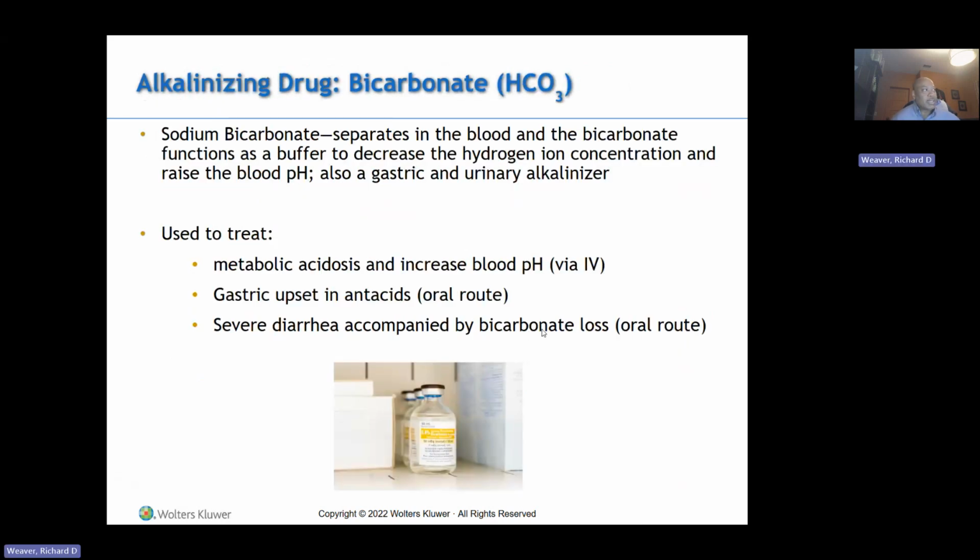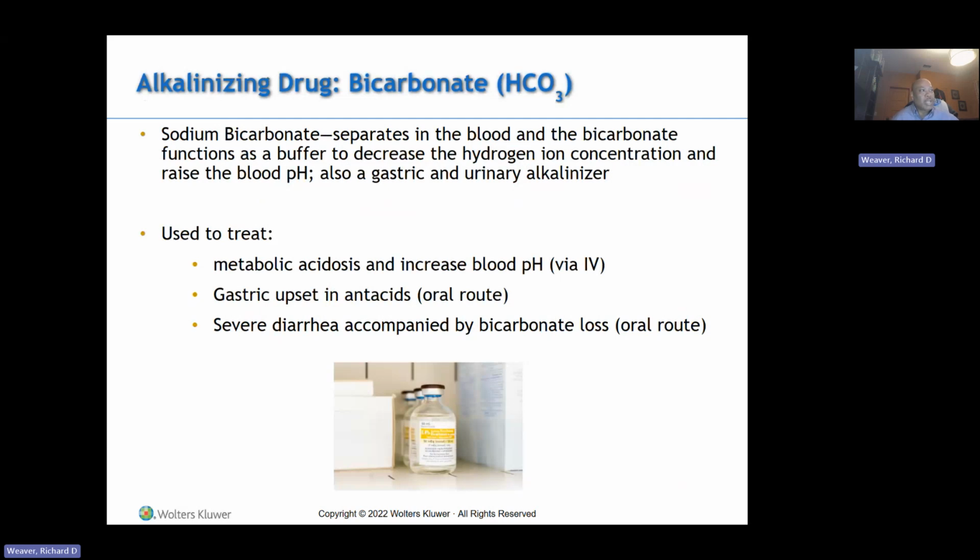Sodium bicarb is the alkalinizing agent. It separates in the blood, and the bicarbonate functions as a buffer to decrease the hydrogen ion concentration and raise the blood pH. So basically, what bicarb does is when someone has too many hydrogen ions, meaning they're acidic or have acidemia, the bicarb is a buffer, and it helps to decrease those hydrogen ions, making the patient go back towards that normal direction of 7.35 to